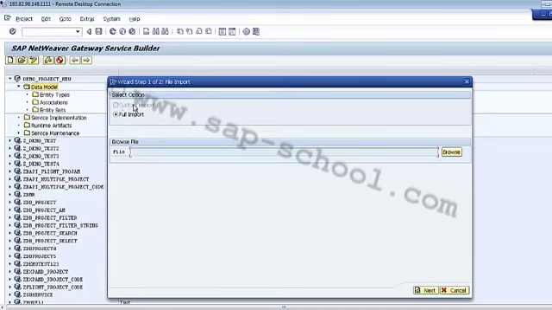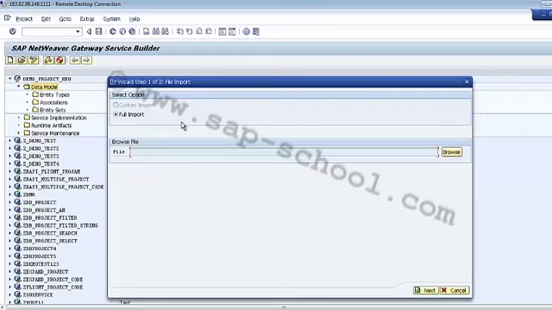Now we have two options here. The first one is the custom import and then we have the full import. So the custom import is basically for the existing project. Let's say in this case we are using a project which is not there already, but we are creating it. So in this case we will have the option of only full import. But if it is not a new project but an already existing project, in that case we can use the custom import as well.